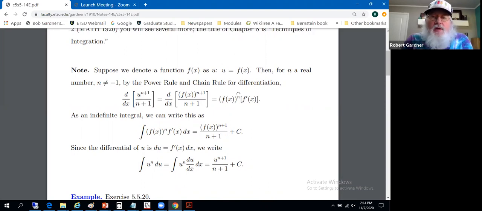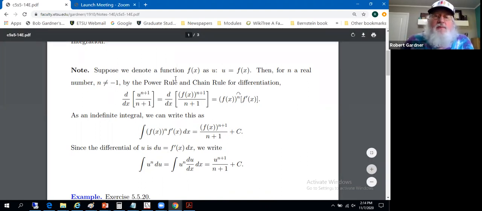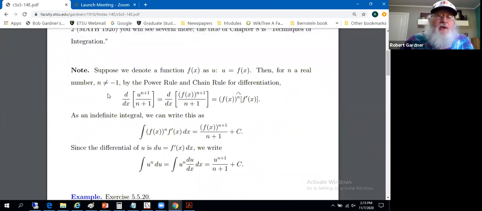As motivation, let's look at chain rules. Suppose we had a particular composition of functions. Suppose we have the function f of x, we represent it as u. If n is a real number other than -1, and we differentiated u to the n plus 1 over n plus 1, that is, we differentiated f of x to the n plus 1 power divided by n plus 1,